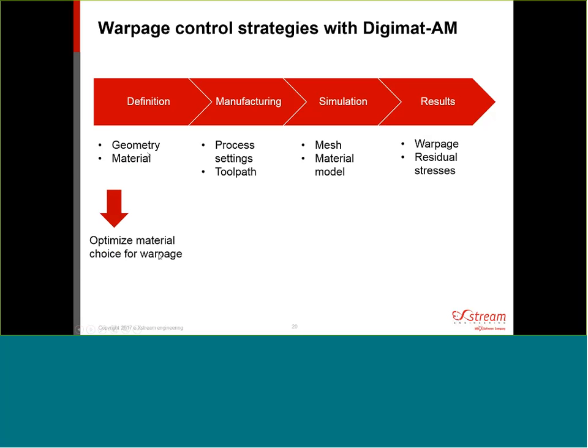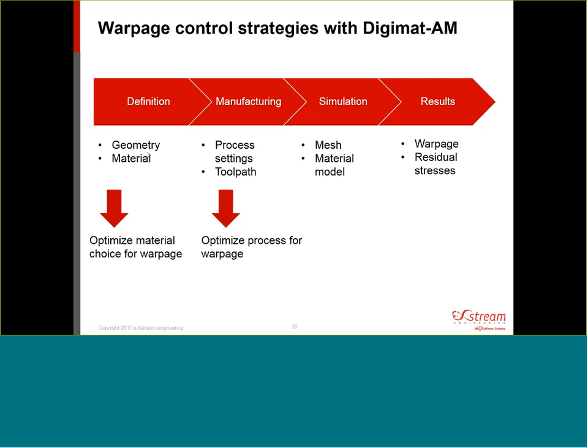So changing the material composition is one possible way to explore to minimize the warpage. Another one concerns the manufacturing step, where we can look at the influence of process settings like the chamber temperature, the extrusion temperature, the laser power, many possible process settings,